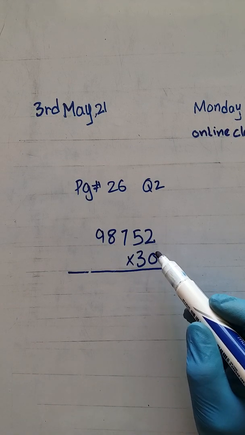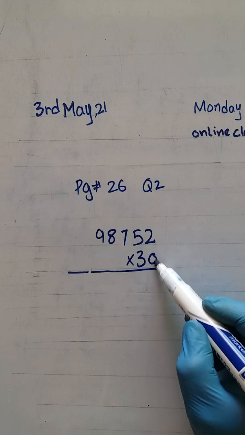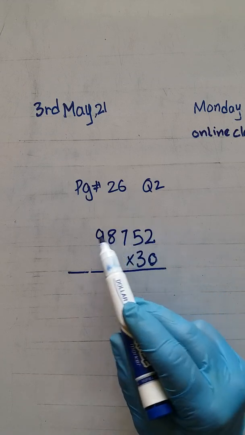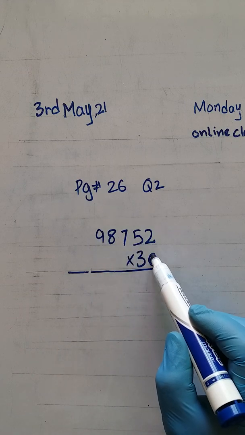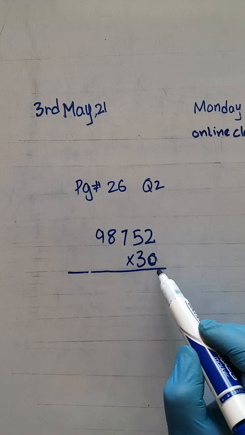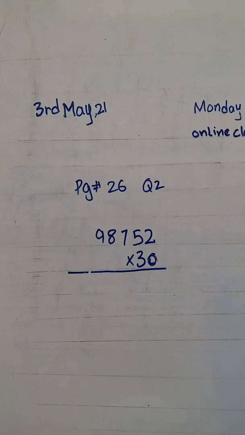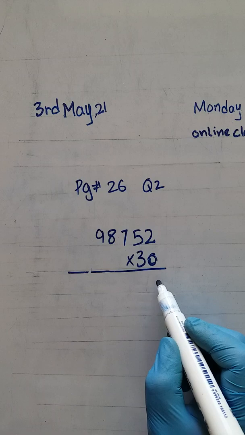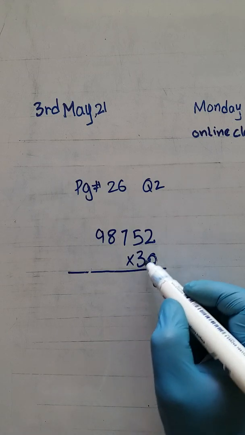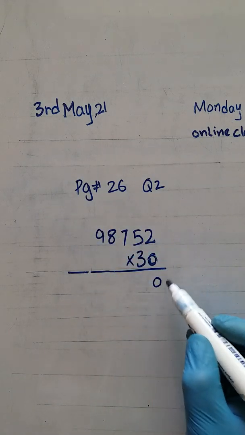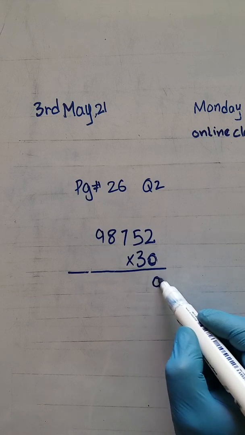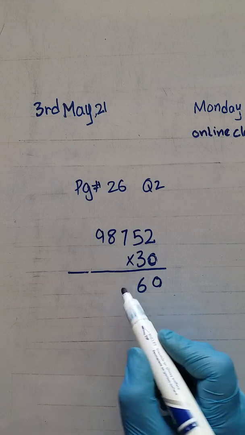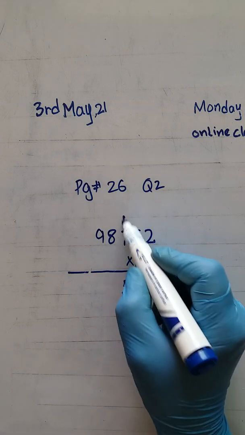For multiplying in one step, you can say this is the 2-digit number multiplying with the 1, 2, 3, 4, 5-digit number with the 2-digit number. But here we have a 0, 30, 3 tens. So for one step, what you have to do, grade 5 आपने क्या करना है, put the 0 in the starting and then multiply 3 with the all digit. First put the 0, पहले आप 0 लगा लें, and 3 2s are 6, 3 5s are 15, 1 carry,